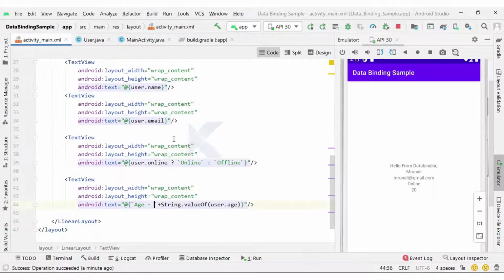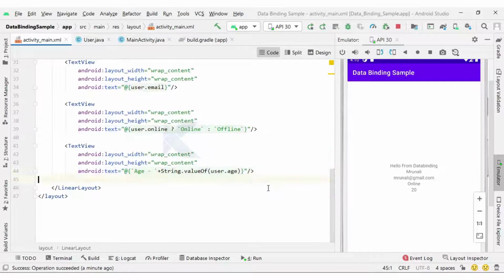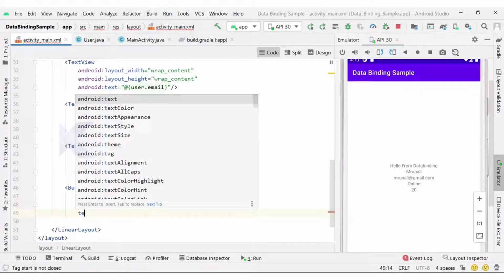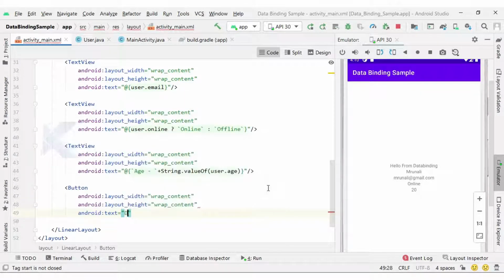What is next is that I need to create one button and create an event for that button. So you can see here I am going to create a button with wrap content for width and height, and text data bind text. How can we create an event of this button?